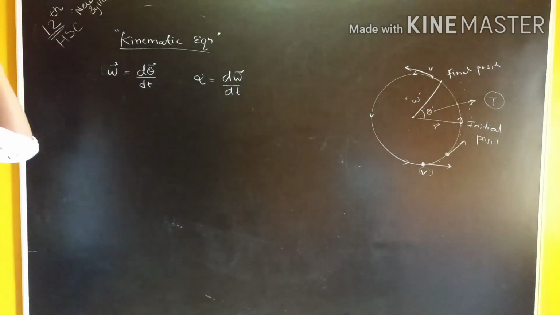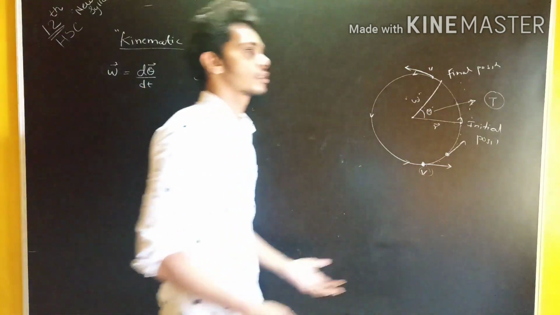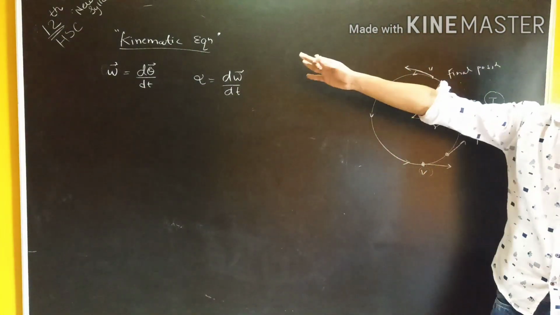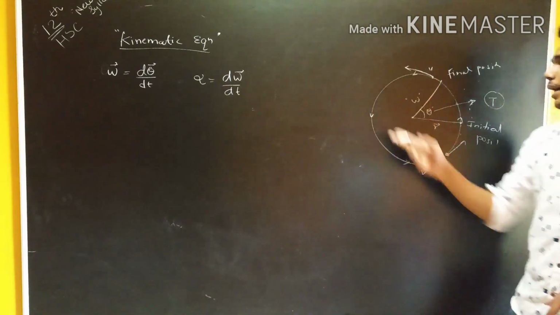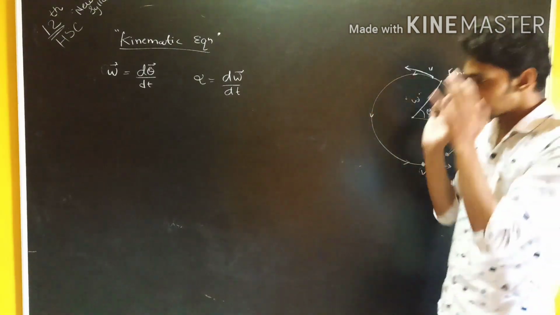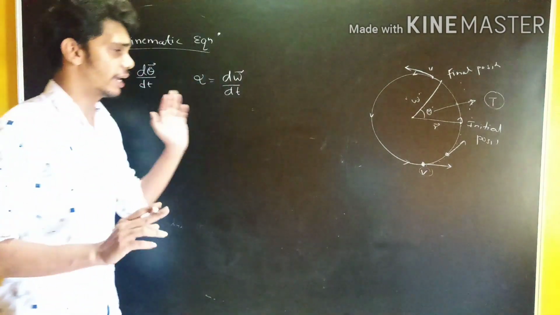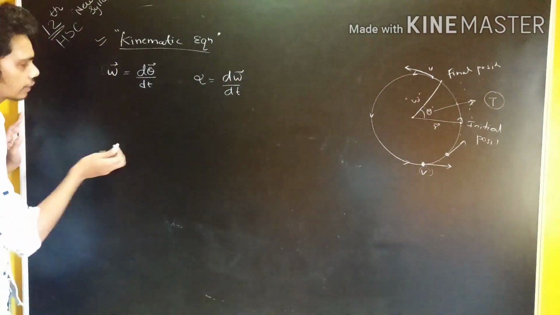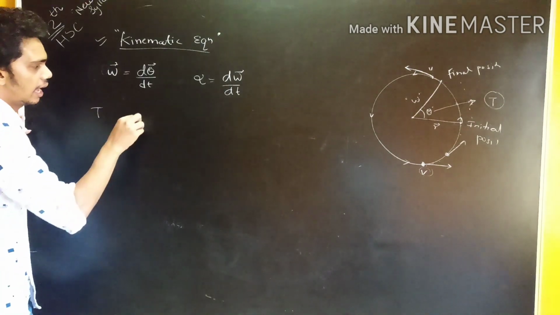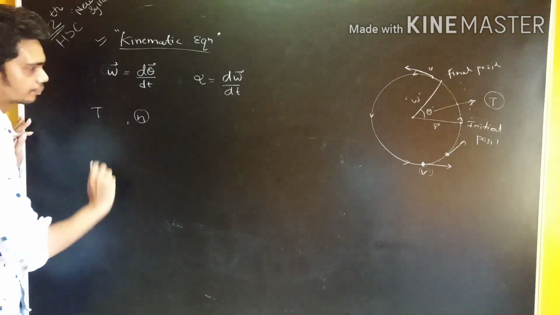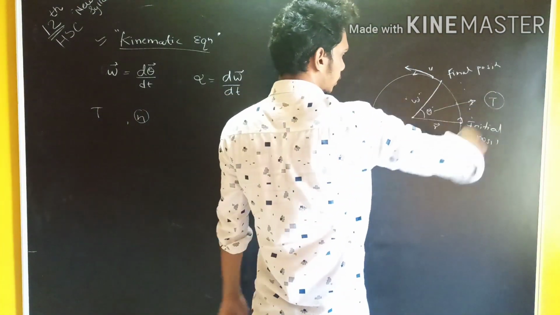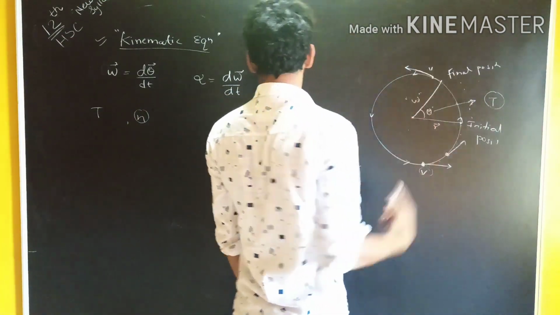Now, when you talk about the kinematic equations, they represent all the equations. We are aware of Newton's equations 1, 2, 3. According to that, the kinematic equation puts the magnitudes and directions into one equation which helps us to solve the problem. So that is called the kinematic equation. In this case, suppose T is the time period and n is the frequency. Then when an object is moving in a circular motion, rotational motion, what happens?